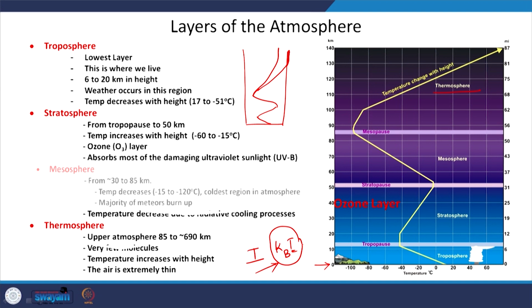Now, what happens in the thermosphere is that although the temperature is at 2000 Kelvin, it is extremely cold for the perception. That means there are not many molecules or atoms which can make you feel how hot it is out there. So that is just to give you an idea that despite the temperatures being intensely hot here, it is not really hot. If you go there, you do not have air there, that is a different thing, but for the point of perception, it is generally not very hot in there. It is only the temperature.